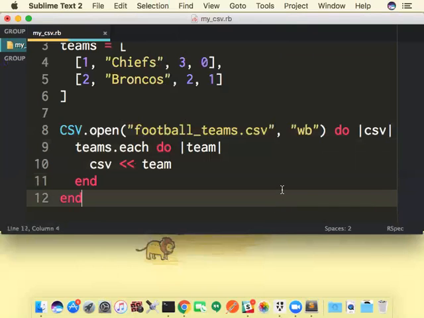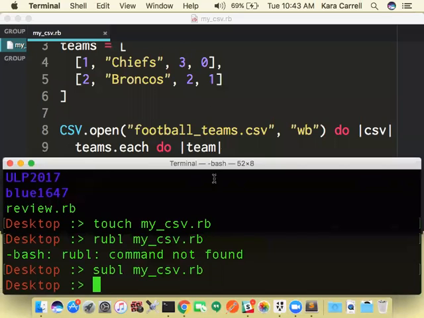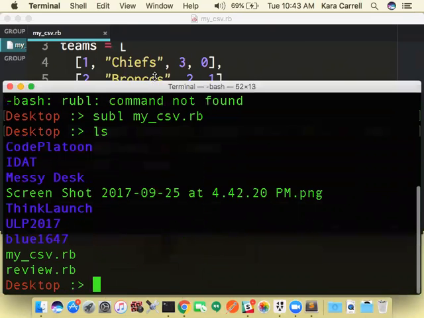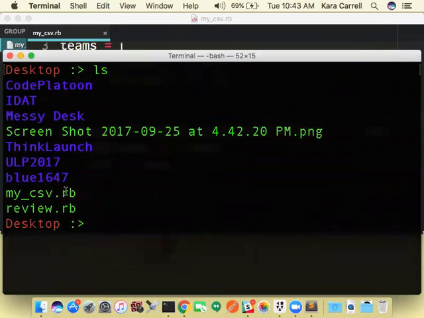Okay. So now I have planned out what I expect to happen, right? So if I want to see this happen, I'll go to here. So right now, again, I have review my CSV. Do you see anything here that determines the fact that I have... So right now, I don't have that file name in here, football teams, right? But if I run Ruby my CSV,